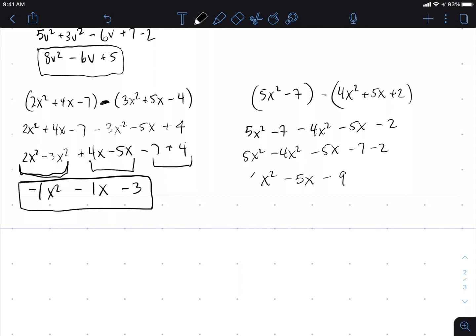Right? And this, I can put the 1 there if you'd like. This piece here,